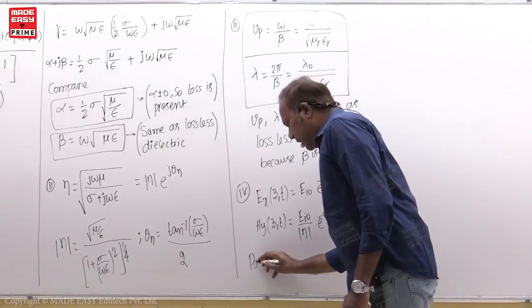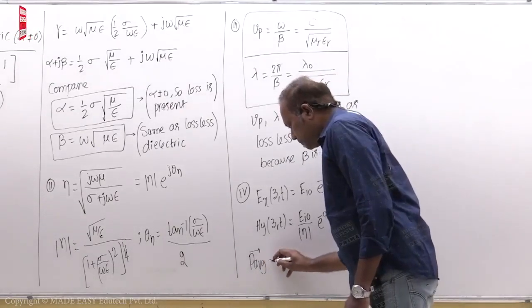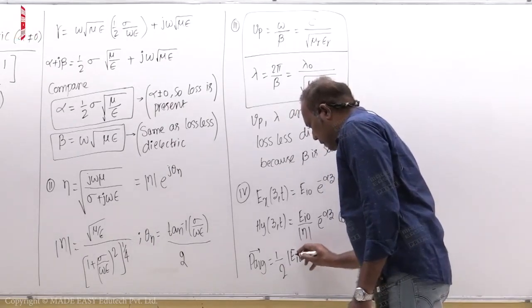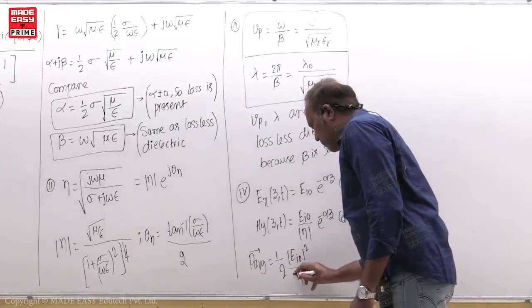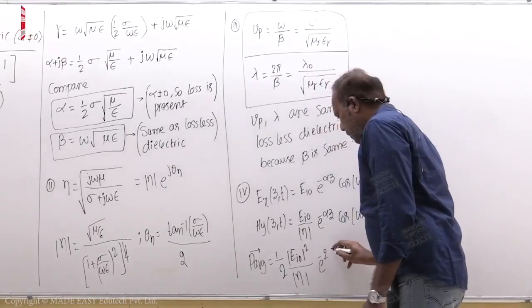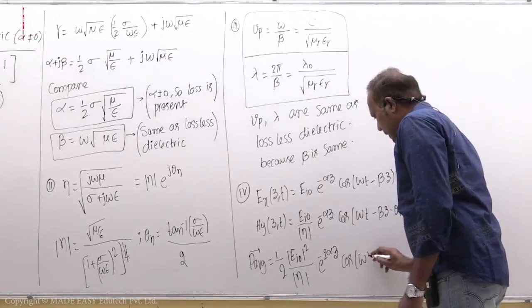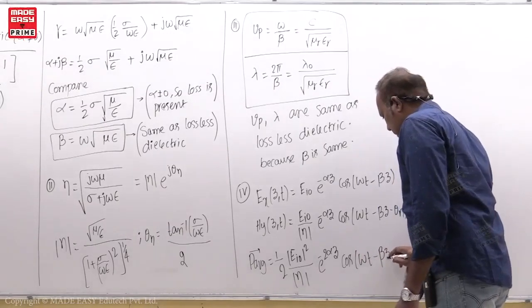So, average Poynting vector is half into EA0 square divided by modulus of eta e power minus 2 alpha z cos of omega t minus beta z,